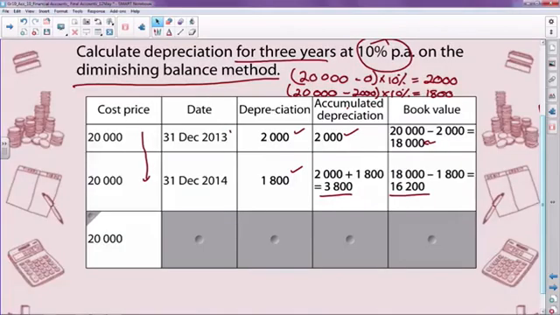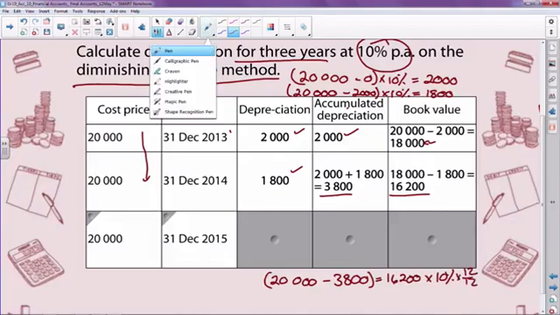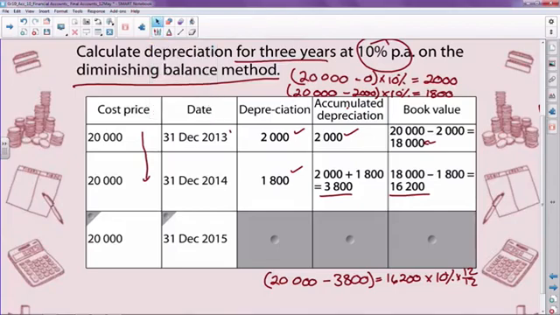Okay guys, I know you got this right. So let's look at it. The cost will be 20,000 because that's what you've paid. What is your next year? The next year will be 31 December 2015. Then, what did you do? You had to go and say 20,000 minus 3,800, and then you will get your 16,200, and then you can say times 10%, times 12 over 12 because we have the full year, and then your answer will look like this,